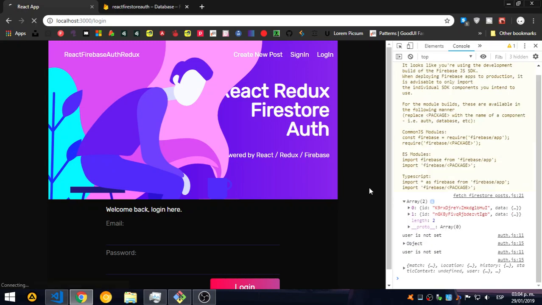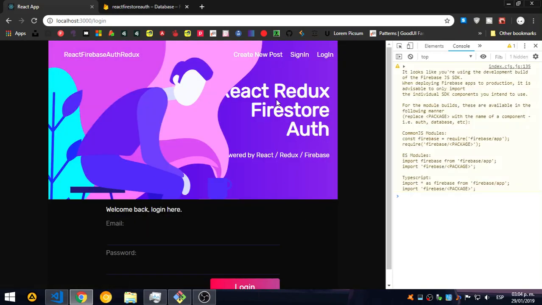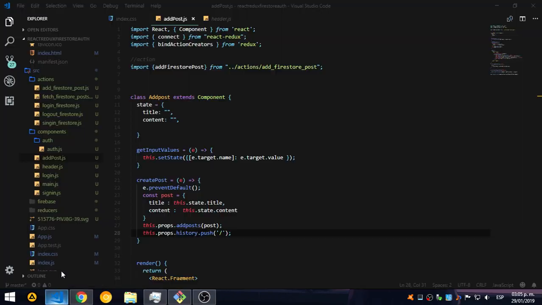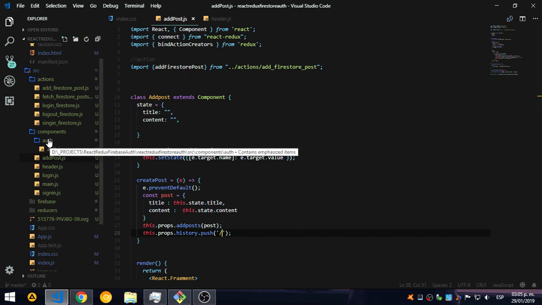Okay, let me refresh this so I can get it, because I added a few posts. So let me go to create post, and I'm getting this. I'm consoling the state of the application because I want to show you this part, this user, so you can understand what I'm doing, and what I'm returning here. So let's go to the code, and let's first start with